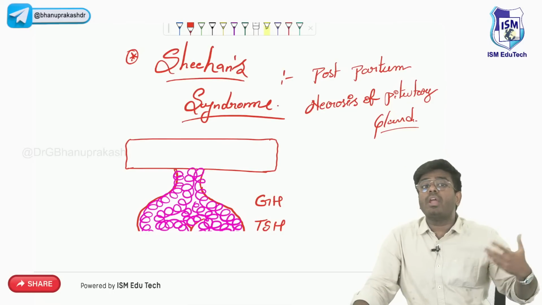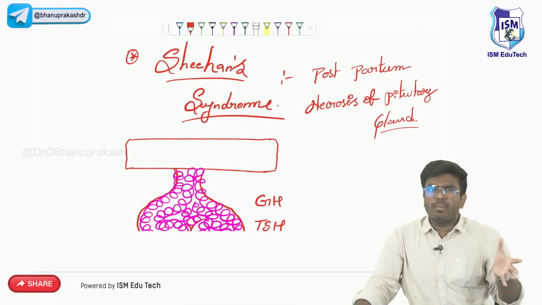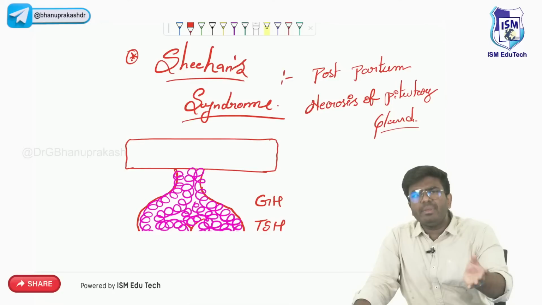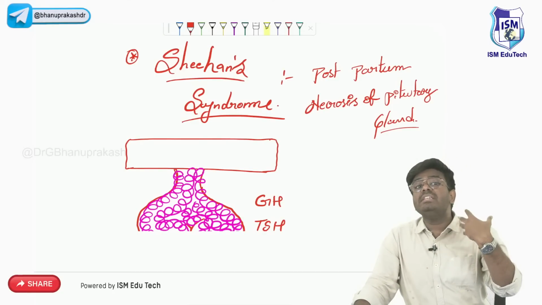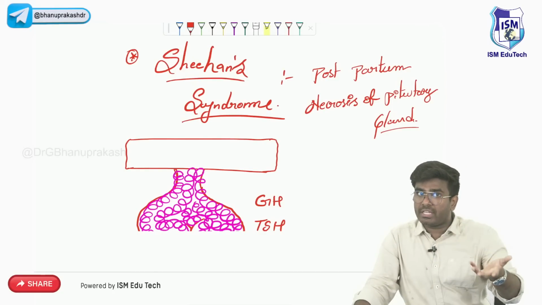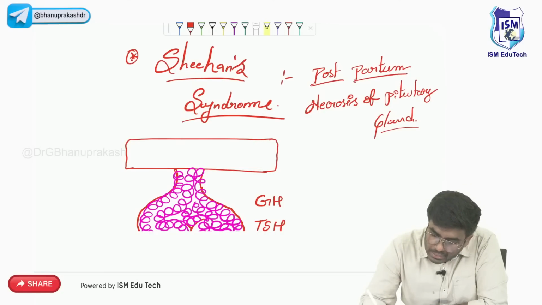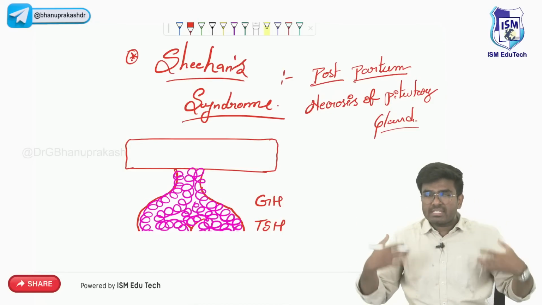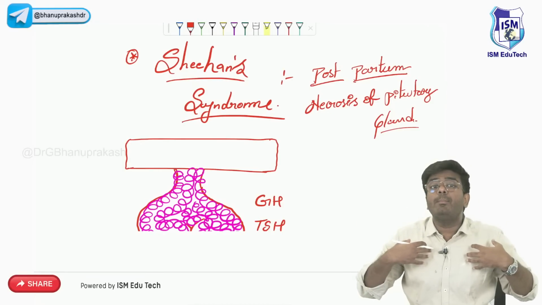Now she lost almost 1.5 liters of blood. Think like this. Usually in a normal vaginal delivery, there will be 500 ml blood loss. In cesarean section, there will be 1000 ml blood loss. But if she is having too much hemorrhage, that is called postpartum hemorrhage. Now, whenever there is so much hemorrhage happening, what happens to the blood vessels in